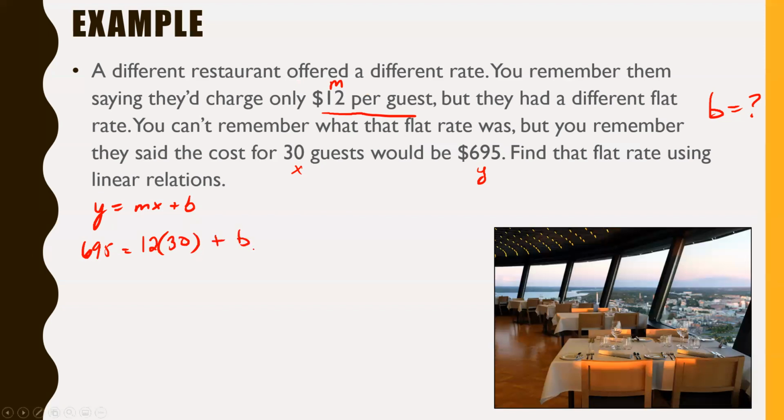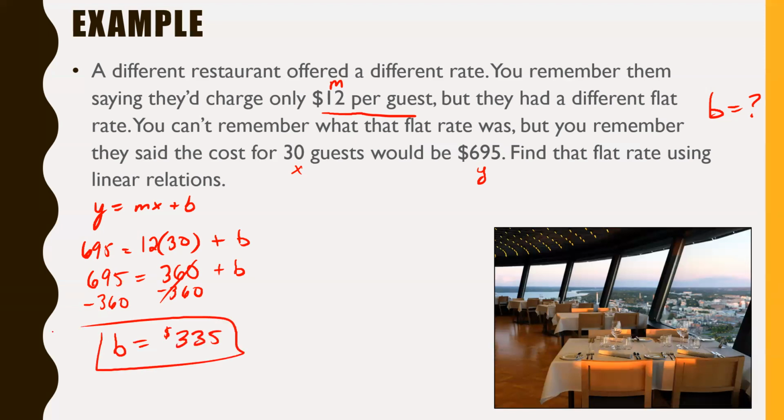So like it or not, unfortunately, we're gonna have a little bit of algebra we gotta do in this one. So let's throw these numbers all in here, right? We're gonna go 12 times 30 first, just to clean that up, because that's really gross looking. So 695 equals 12 times 30 is 360 plus B. Now, if we wanna find out what B is, we just have to take away the 360 from both sides. So 360 away from both sides. The other side, a little bit of math here. 695 minus 360. Well, that gives us B equals a whopping